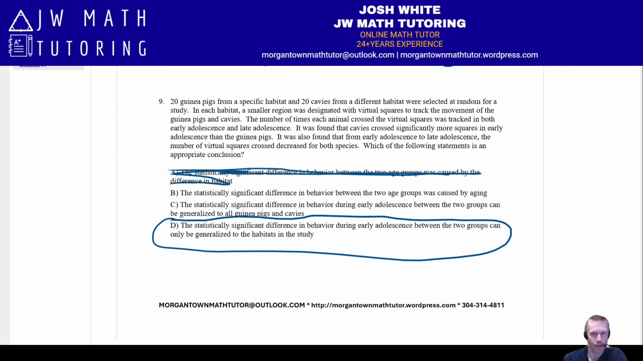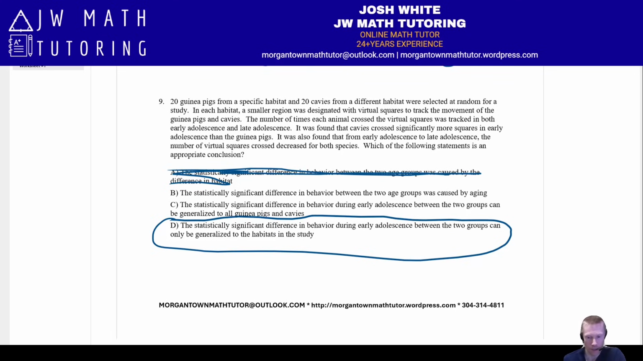Okay, part B. The difference in behavior between the two age groups was caused by aging. Meaning they get older, and as they get older, there's less movement. So yes, this is possible, but this is just a correlation that they have noticed or observed. There is no proof of causation. And again, you would need to control for all the other variables or factors to determine that the difference in behavior between early adolescence and late adolescence was caused solely by aging and not by any other